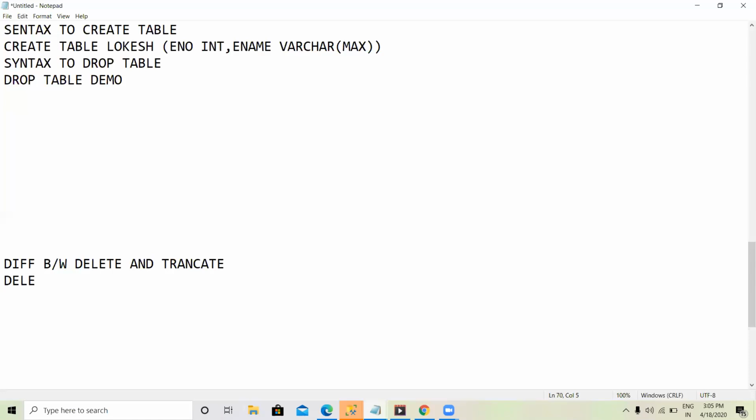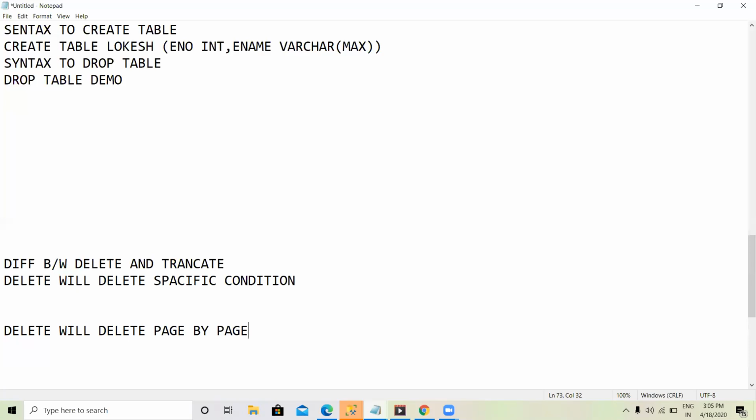Delete will delete on a specific condition. Delete will delete page by page.